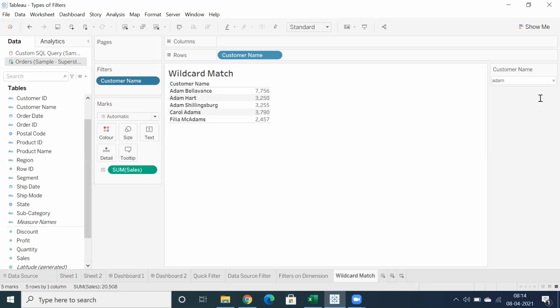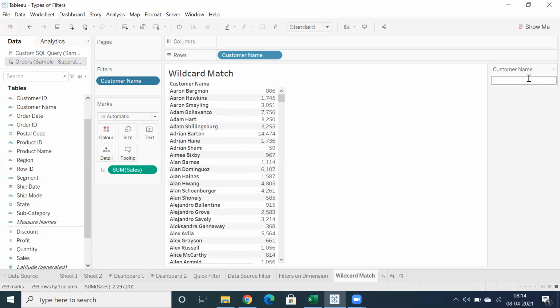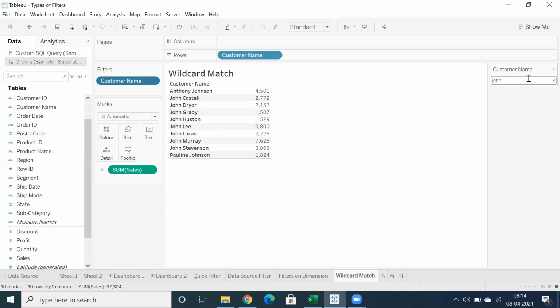So interestingly, as I said, John. Let me type in John. When you type in John, I'm able to fetch 10 records. You can see the rows is 10. And this looks good. But if again the business comes to the development team and says, I don't want to display all the customers with John, I should display only the customer names that start with John. You understand, right?